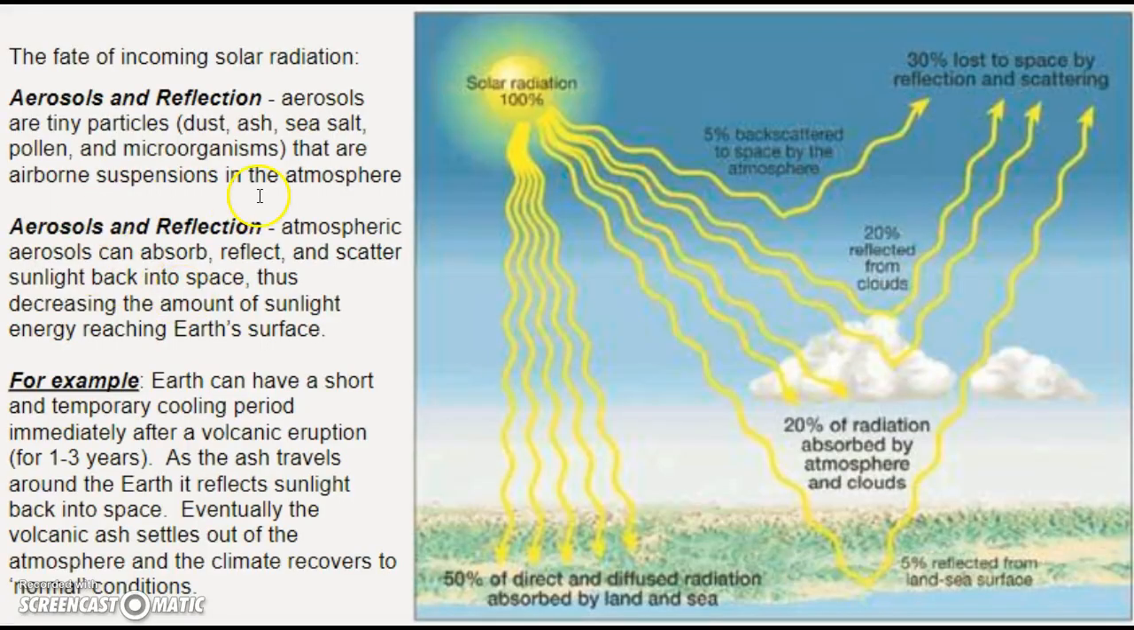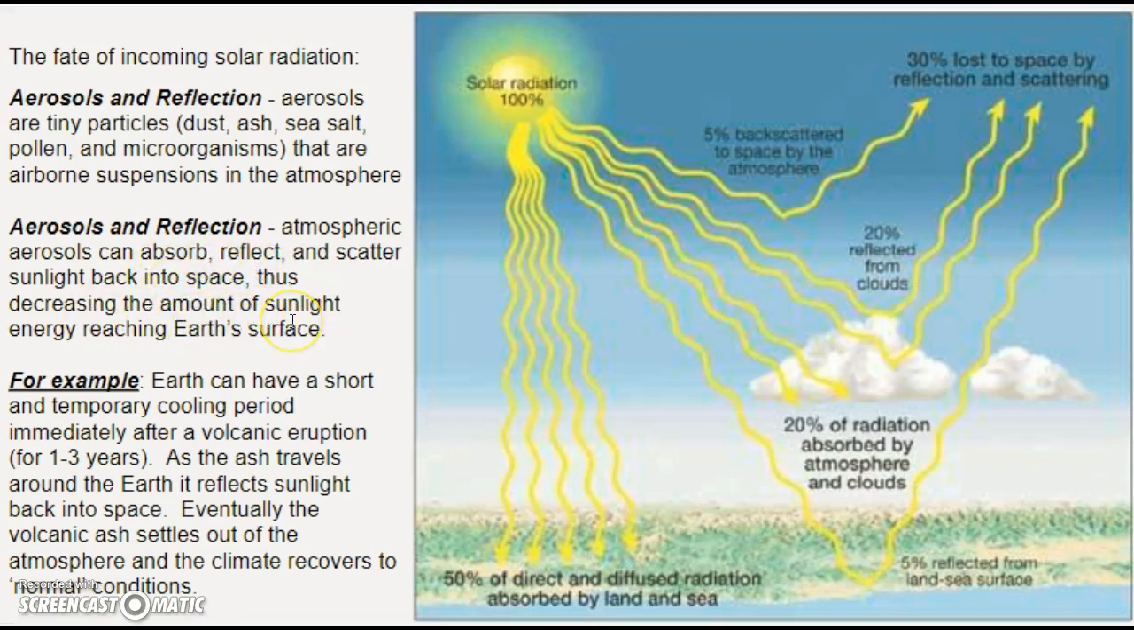So if we look here, we need to make sure we realize that our atmosphere contains aerosols, and aerosols reflect light that's coming in. Remember, aerosols are tiny particulates: dust, ash, sea salt, pollen, and microorganisms. These are airborne suspensions in our atmosphere. Aerosols can reflect, they can absorb, and they can scatter sunlight back into space, thus decreasing the amount of sunlight